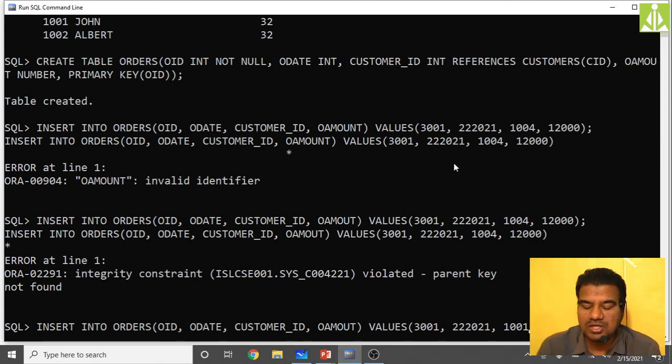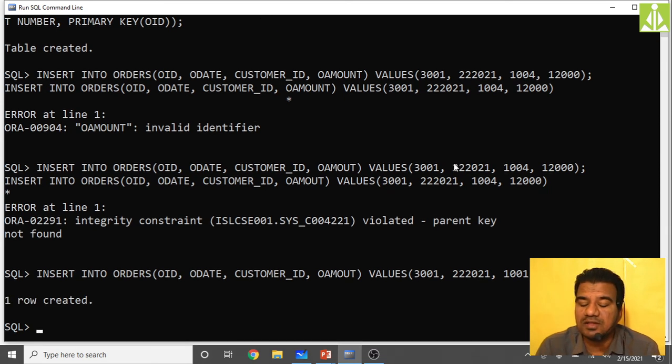Just now I said, so 1001 I am taking. Now 1001 can place an order. He has full rights to place an order. When I hit the enter key with 1001, just see, it is saying that one row got created. In this way, we'll discuss more in future, because many times we use these foreign keys. Now you have this much clarity from whatever I have shown. In my future classes we are going to discuss more about these foreign keys.